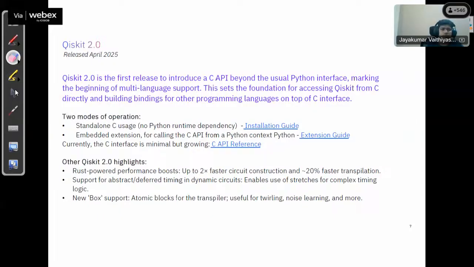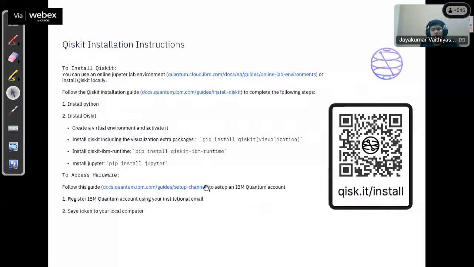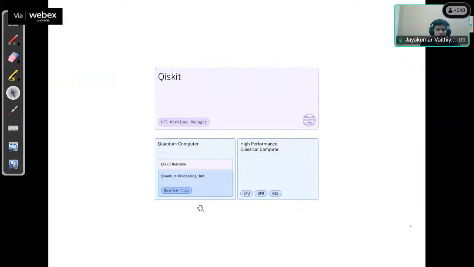So all these instructions are given: how to install Qiskit, how to access hardware. If you want to access hardware, you can get it from this link. I will share this slide after this session, so don't worry about this. It will take some time. It will be a steep learning curve. So this is how Qiskit is